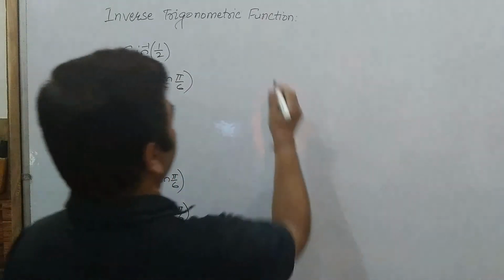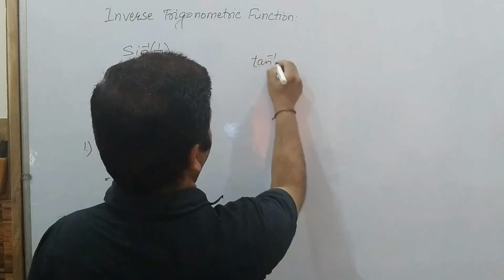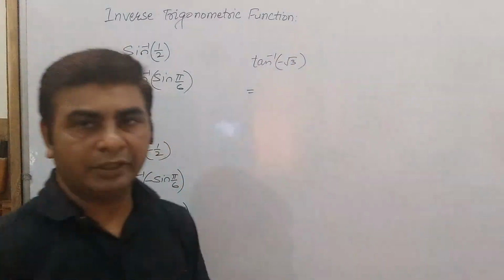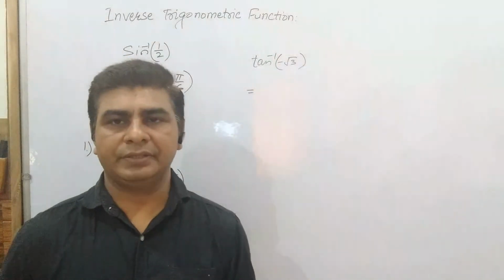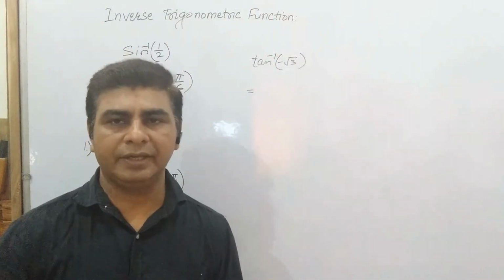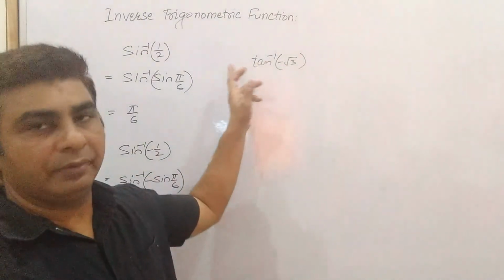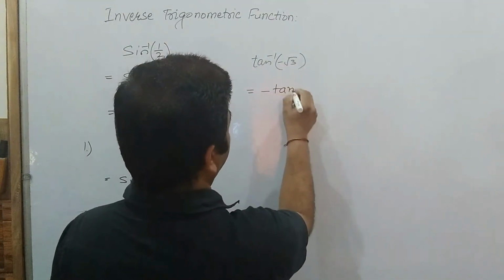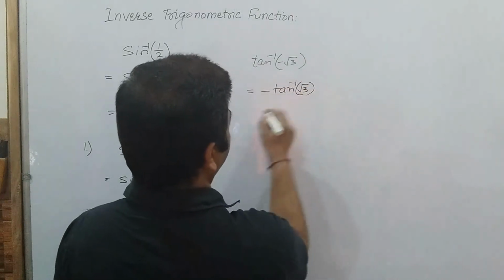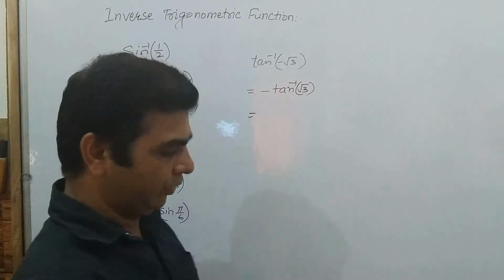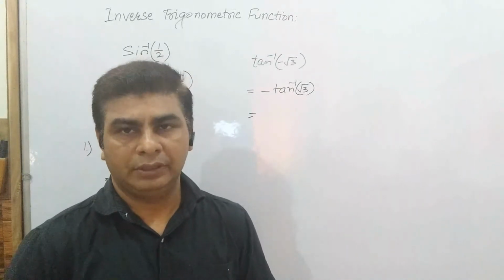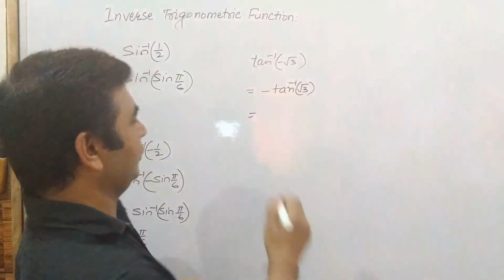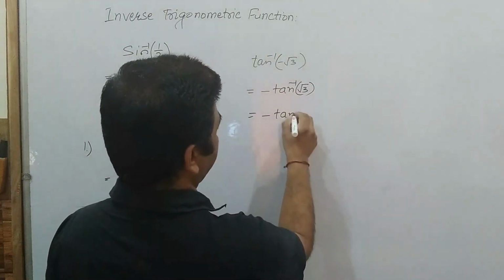This is your tan inverse minus root 3. Again, in case of tan inverse minus x, we have the formula minus tan inverse x. This negative sign can come out from the braces. This can be written as minus of tan inverse root 3, and now root 3 is a standard value in the table of tan theta or the tangent function, so it is equal to minus tan inverse, which can be written as tangent